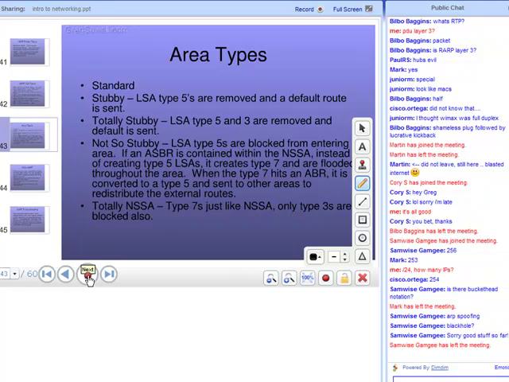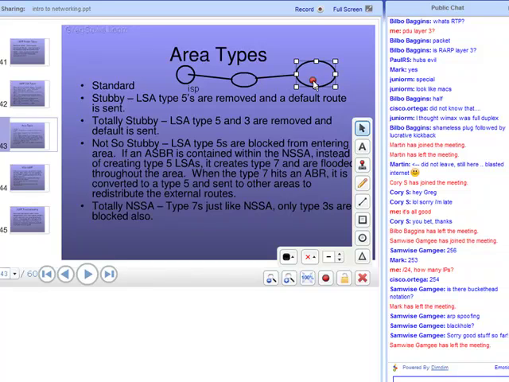Let's see, area types. You get your standard, stubby, totally stubby, not so stubby. The idea here is standard is going to be your regular configuration. Stubby is going to be if I've got a router over here, right, that doesn't go to anybody else, and then say this one over here goes to your ISP. And this guy's your ISP right there. If this guy is never going to get any more routes or anything like that, you can create